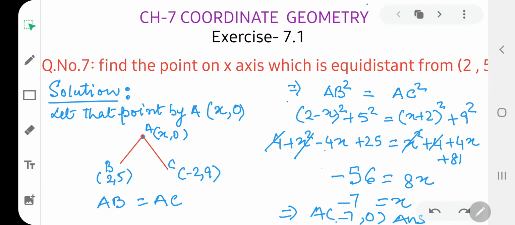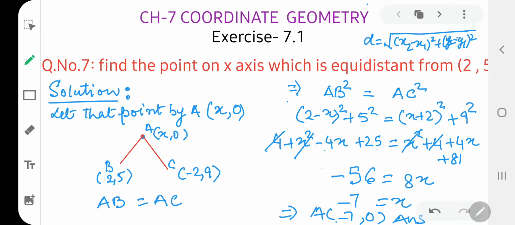Now put the value in distance formula. You must know what is distance formula, children. You have learned it in the last video. I am writing it for your convenience. D is equal to under the root x2 minus x1 whole square plus y2 minus y1 whole square. And you all know that whenever the question is based upon distance formula or whichever formula is to be used, we have to write it once while solving it.